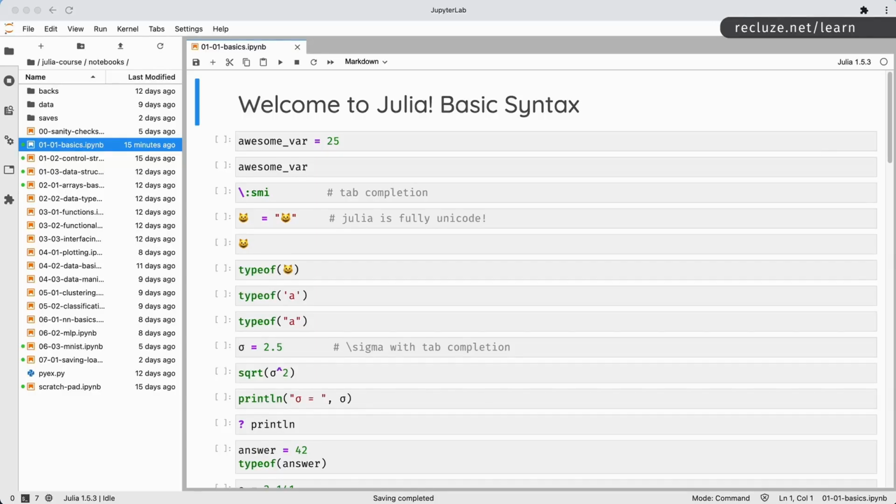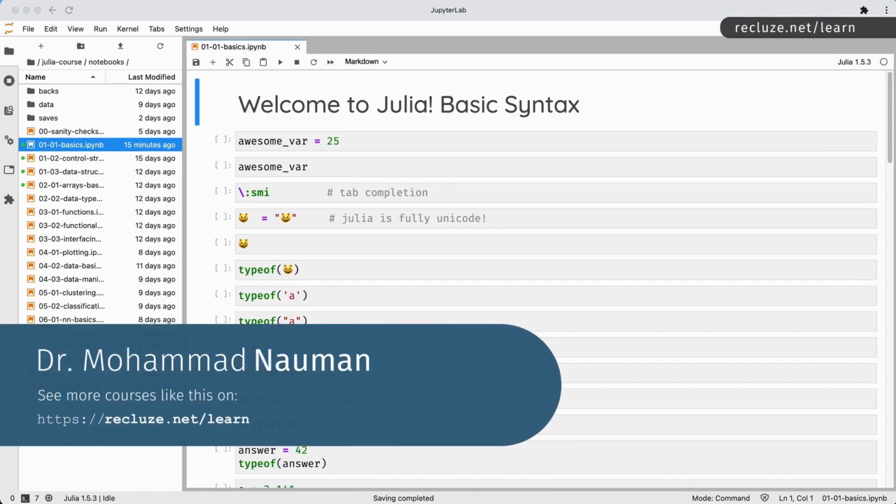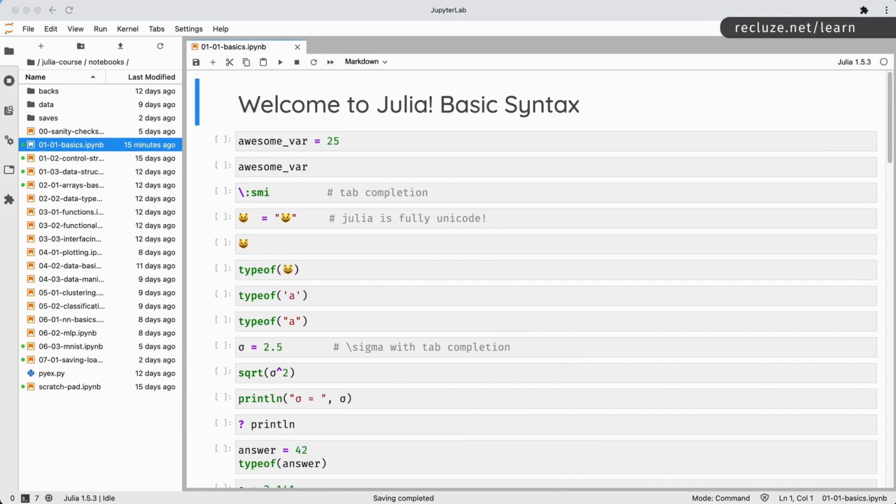Now that we've set up our environment, we can go ahead and start working with the actual language. We'll take a look at the basics of the language and then move on to the more advanced topics. You can follow the tutorial by typing all this stuff on your own in a new notebook, or you can follow along using the notebooks that are provided with this course.